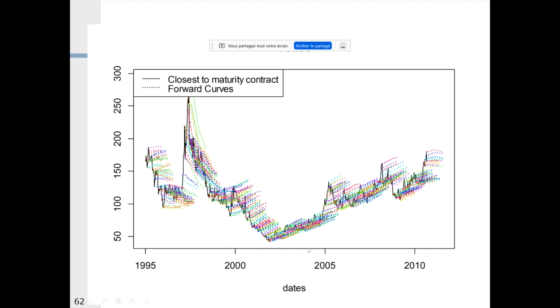Why is that? Because at this point in time, there is enough storage, there is enough possibility to borrow coffee. You can perfectly easily carry out these cash and carry operations. What happened here is that we have a massive shortage, so everybody expects prices to go down. But actually we cannot carry out